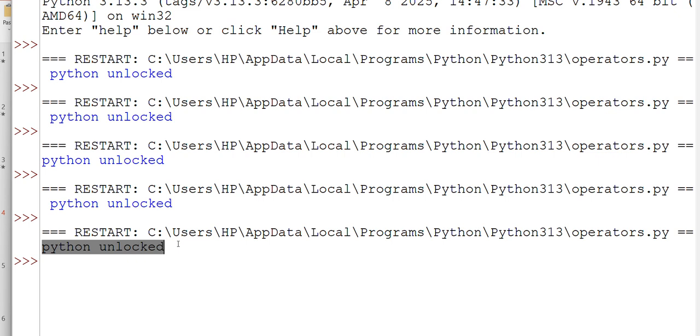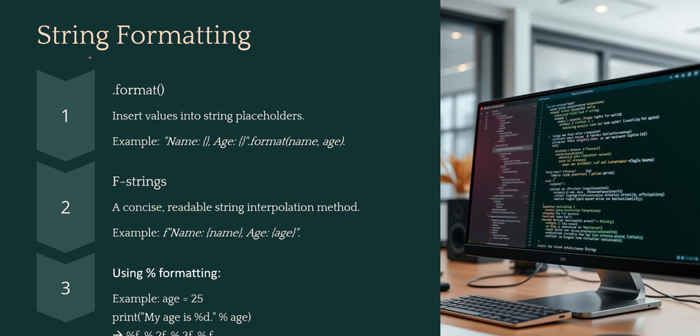Let's move forward to the different types of string formatting methods in Python. So what is string formatting basically? It is a process that refers to inserting a value or a variable into a string. Take a simple example. I have a variable a and a variable b. String formatting simply means that whatever value is entered by the user for a and b, I want to use that value in the string that I want to print on my screen.